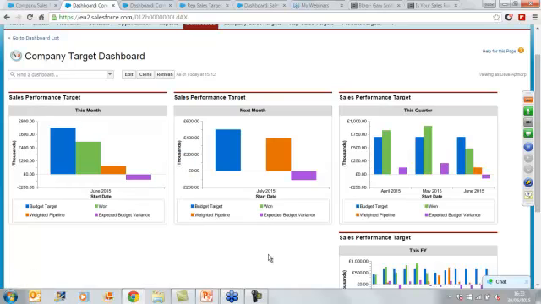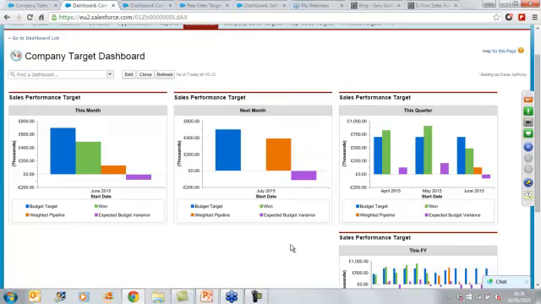Let's have a look at next month. Actually, for next month, well, that's my target. Obviously, I haven't got anything closed won yet. We're doing this webinar as if we were midway or towards the end of June, so I can't have anything closed won in July yet. But I've got quite a bit of weighted pipeline. By weighted pipeline, I mean the value of the opportunity multiplied by the probability of winning that deal. And I'm going to win some, I'm going to lose some, but if things pan out the way that I anticipate them panning out, then that's what I'm going to get to, and I'm going to have a shortfall